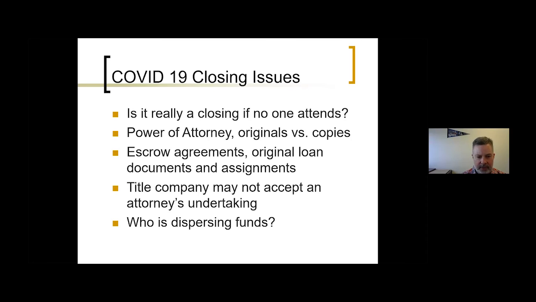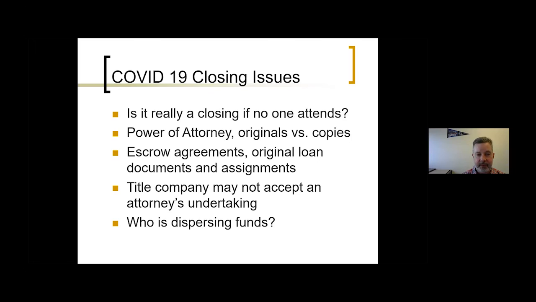And also, who is dispersing funds? That's a typo, but who is dispersing funds? I should have known that. Is it coming directly from buyer to seller? Is the bank going to disperse funds, or are they going to wire everything to Judicial Title or the title company that you're using? And then Judicial is put into the position of doing the lender's job and dispersing closing